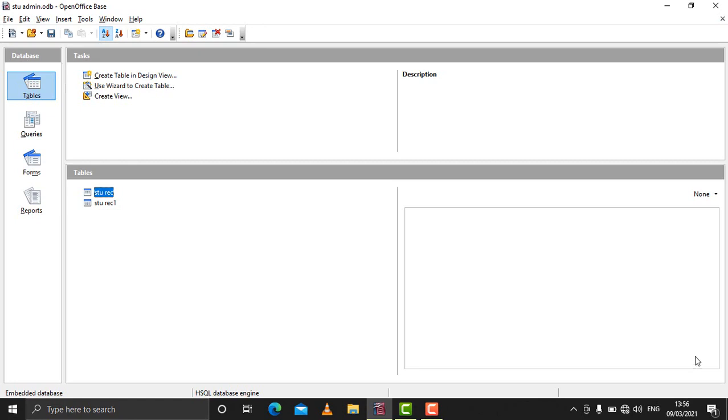For creating a query, the very first thing you should have is tables. You should have multiple tables, and all those tables should be related to each other, meaning a relationship should be defined. I explained how to define a relationship in the previous video. So we have database stu admin and we have two tables, stu_rec and stu_rec1. So we will now be creating a query